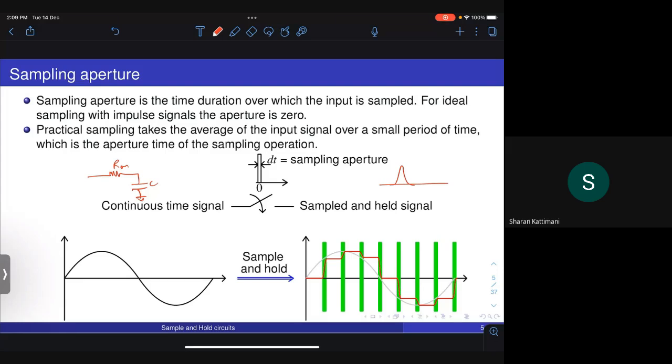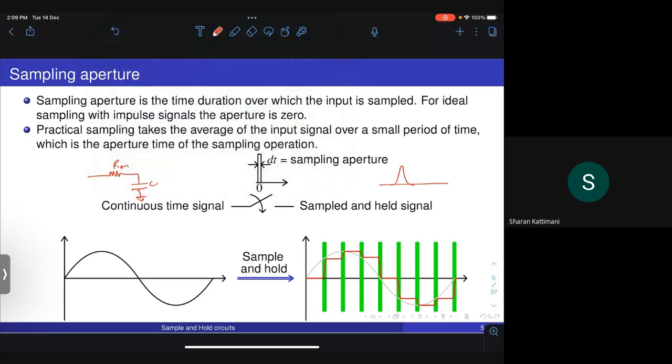So the Ron has a profile which basically is open circuit, but when it is closed, its conductance doesn't go instantaneously to a high value and come out. It follows some smooth transition from off to on and then on to off again. So because of that, what happens is